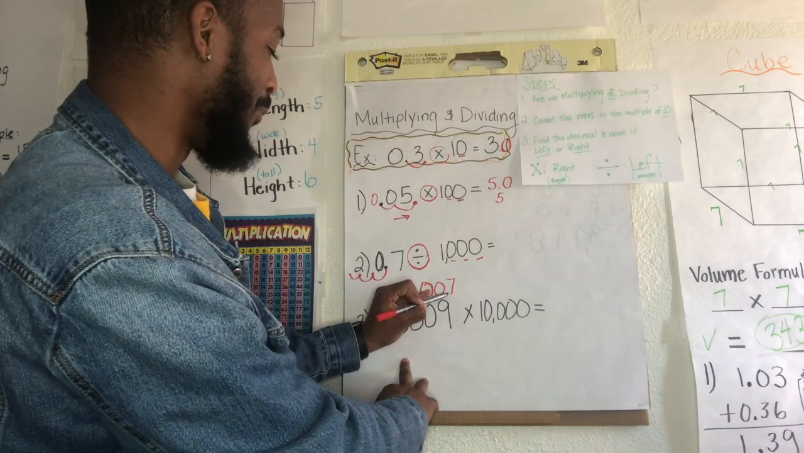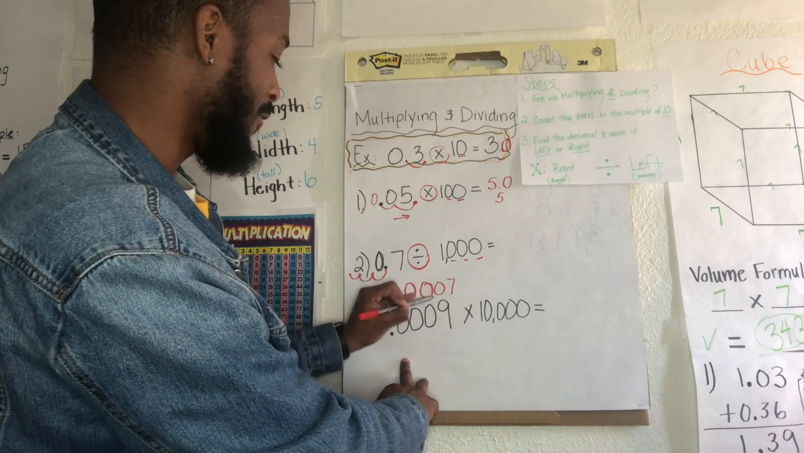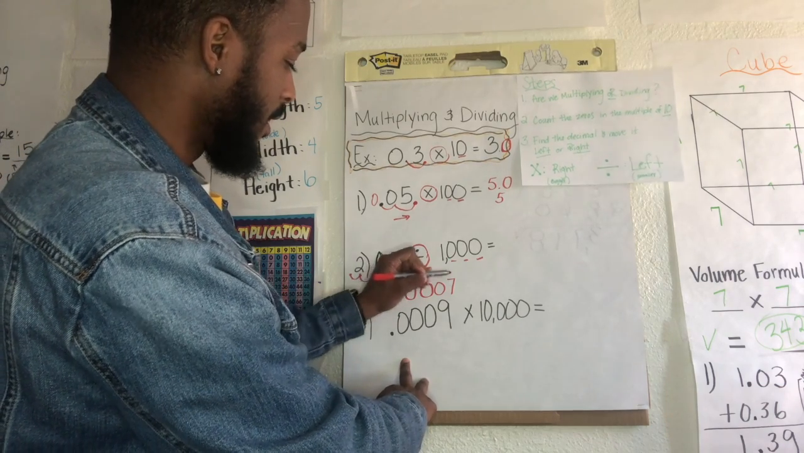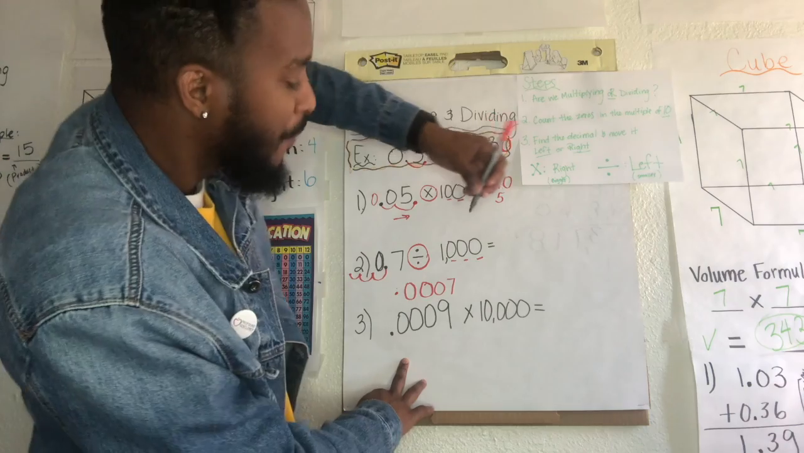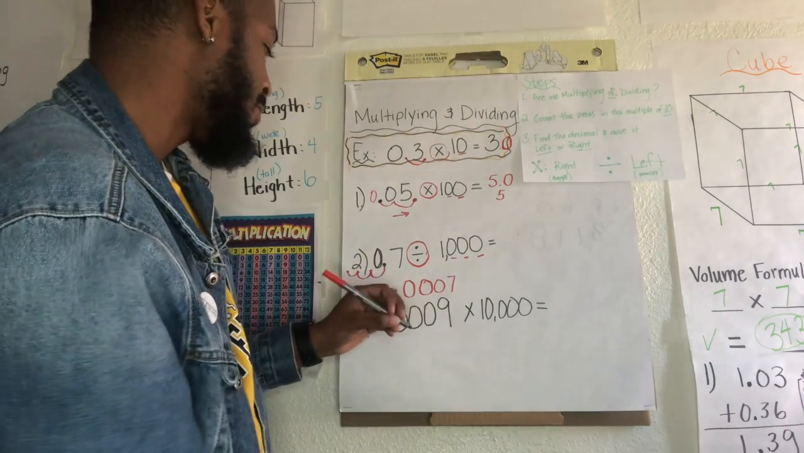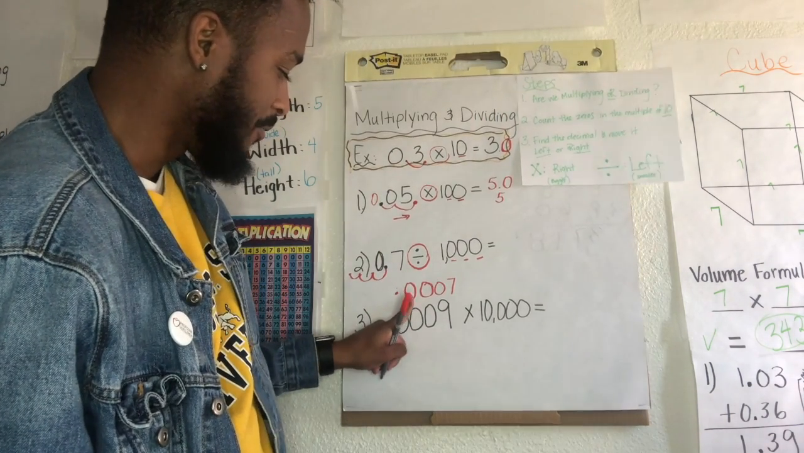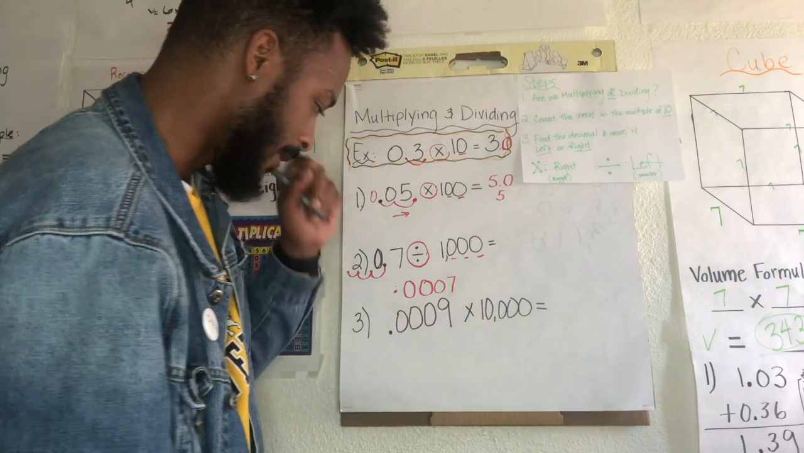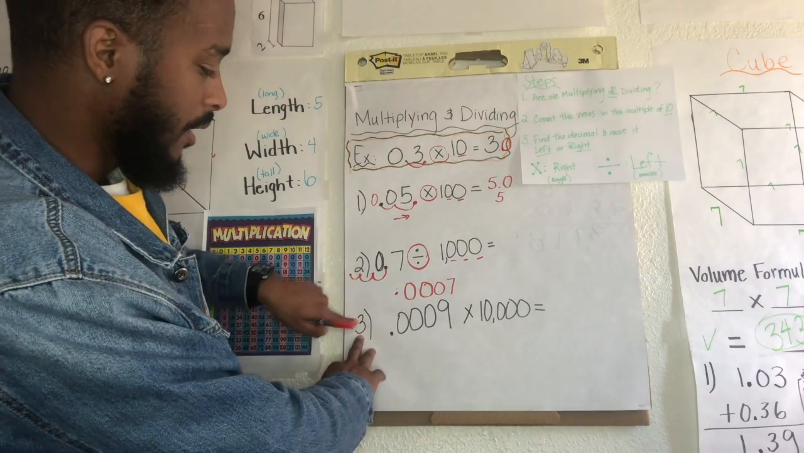So originally it was 0.7. I moved it 3 times to the left. 1, 2, 3. So now we have 70 thousandths. 70 thousandths. So this is tenths, 100 thousandths, 10 thousandths. Okay? Number 3, we've got